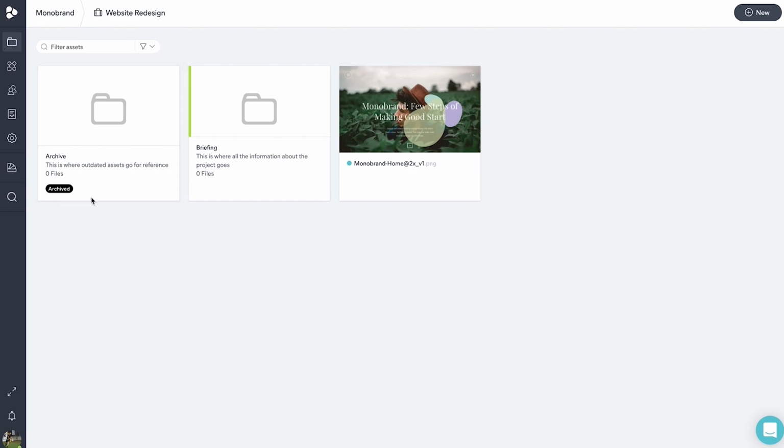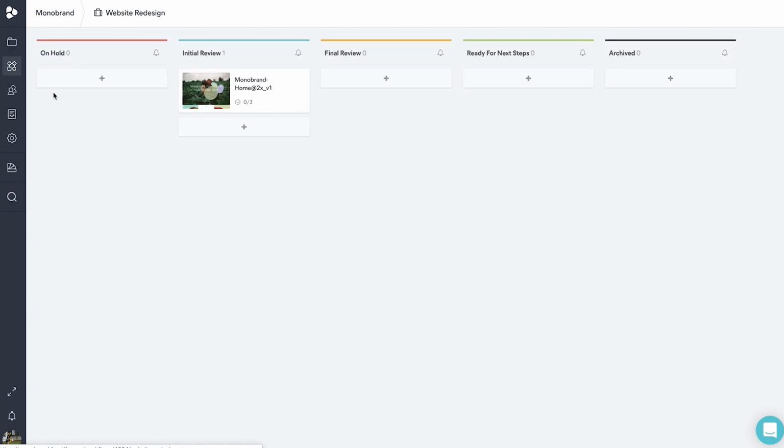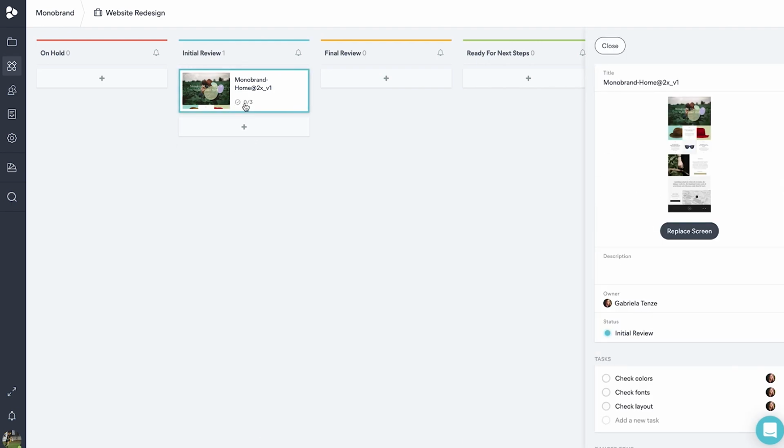Also, if you want to have an overview of the different assets and their statuses, you can jump into the Kanban board by clicking workflow on the left-hand side here. You can now see, obviously, we just have this one asset. The tasks that we have assigned, we can see 0 out of 3 have been completed, but then Gabriela, once she's done them, can come in here, check all of them, and then they'll get the 3 out of 3